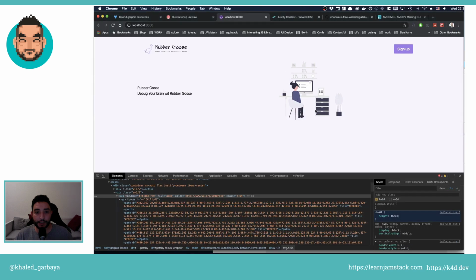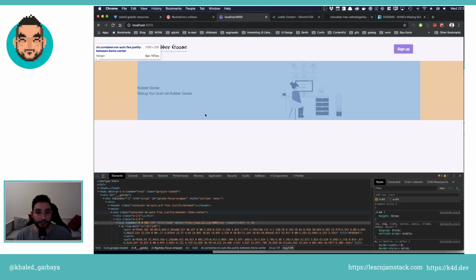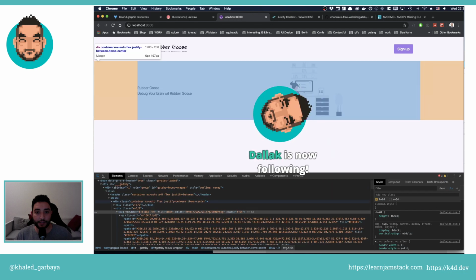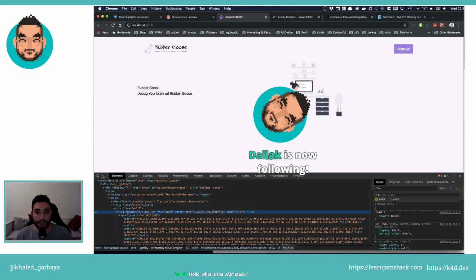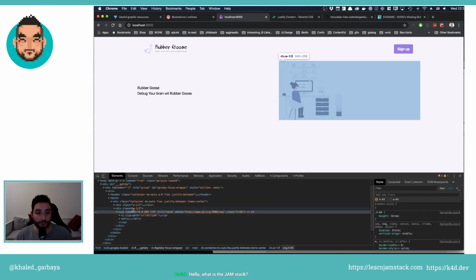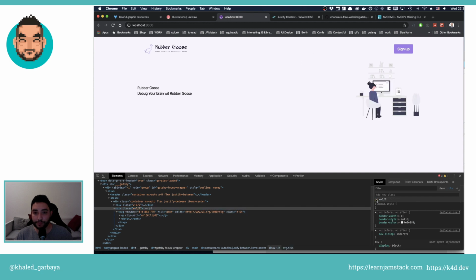MX, but this doesn't look like it's aligned. Why does this one have all this? So if you remove this width,